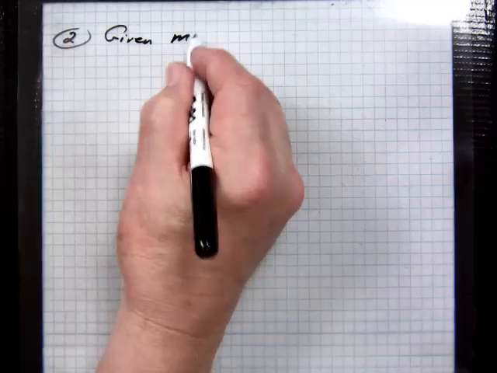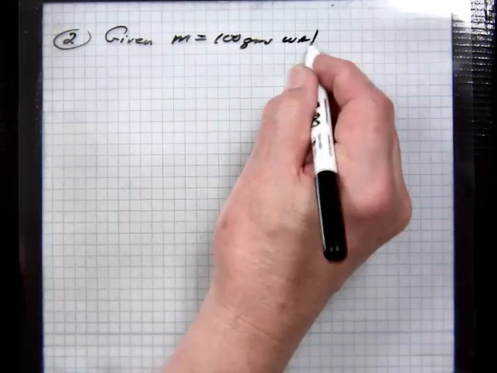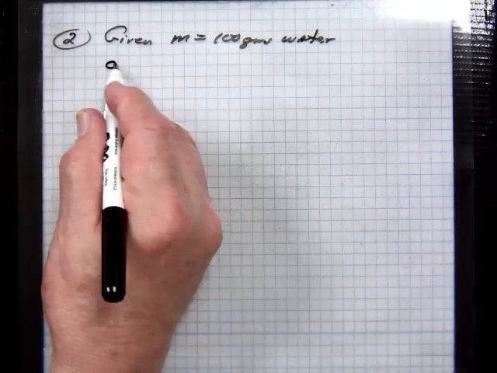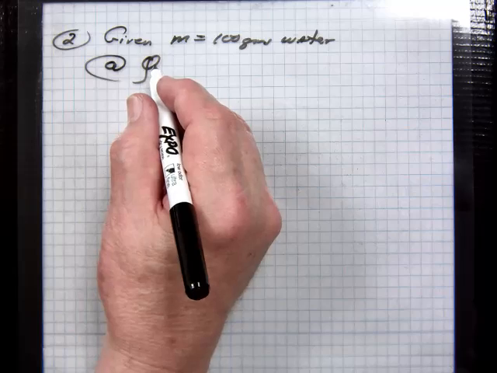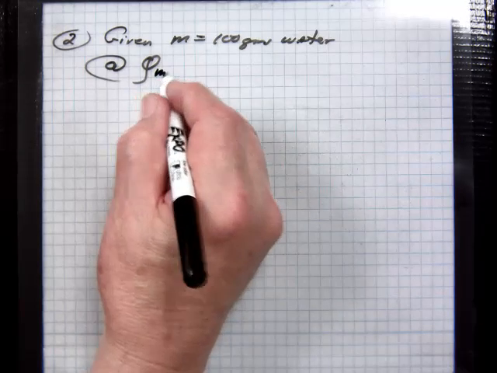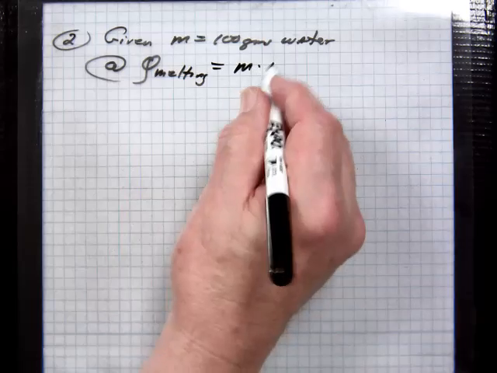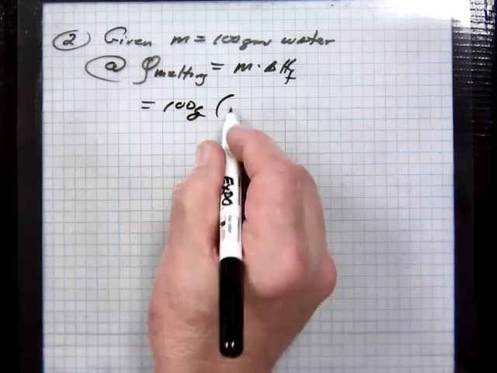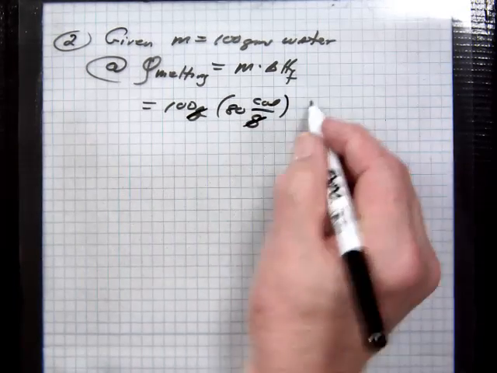Given mass is 100 grams of water. Okay, A, Q for melting is M times delta H fusion, and in this case 100 grams times 80 calories per gram. Wait, I won't do it. And so that's